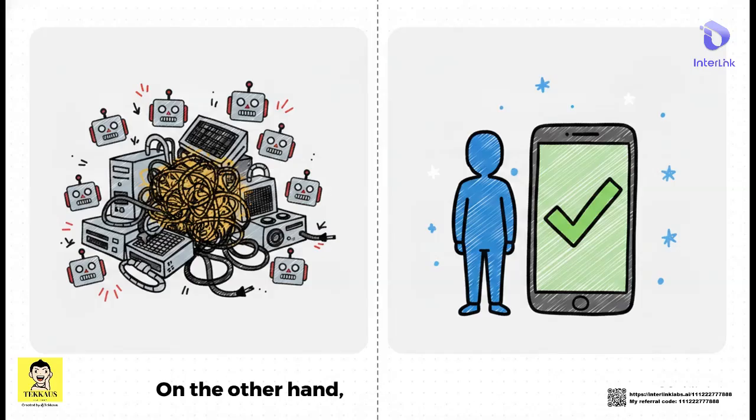On the other hand, you have InterLink, which represents a highly streamlined, totally democratized approach. It guarantees one verified human per account, authenticated securely through proof of personhood, and it features incredibly accessible phone mining. This completely shatters the barrier to entry for the average user. It's essentially shifting the entire focus away from an arms race of computing power and bringing it back to the simple, equitable act of just proving your unique human identity.